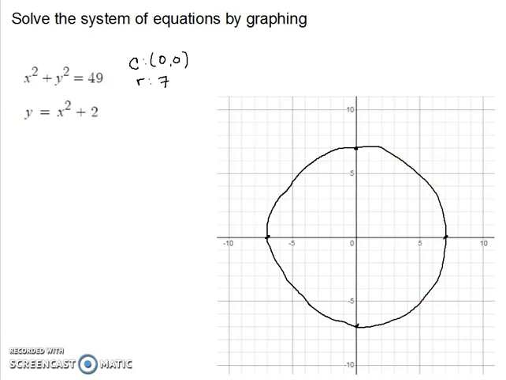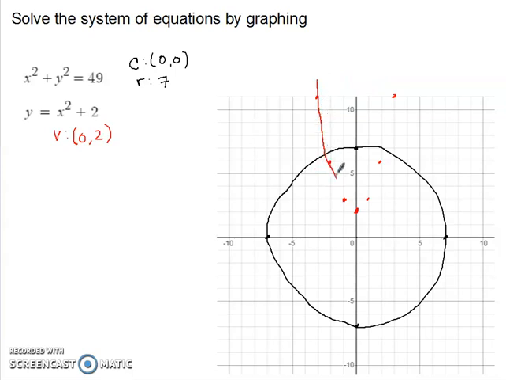Now the second graph is going to be that of a parabola. Here my vertex is going to be at the coordinate 0 for x and 2 for y, so my vertex is here, and then my points, if you're familiar with that of a quadratic, will be left 1, up 1 from the vertex, 2, 4 from the vertex, 3, 9 from the vertex, and it is symmetric, so the same on the right-hand side. And then sketching our graph,